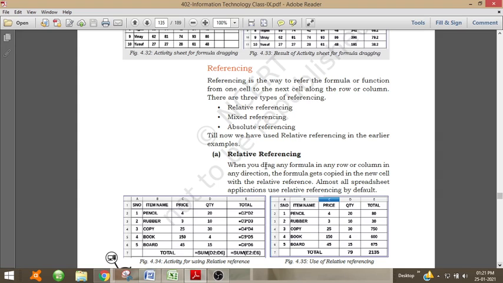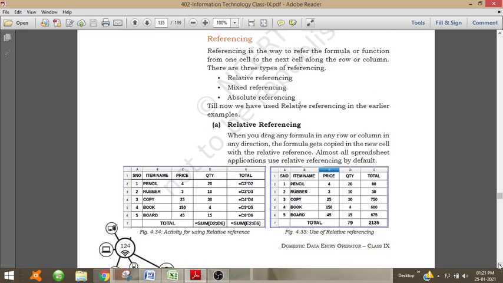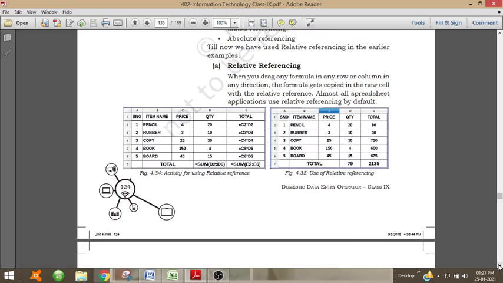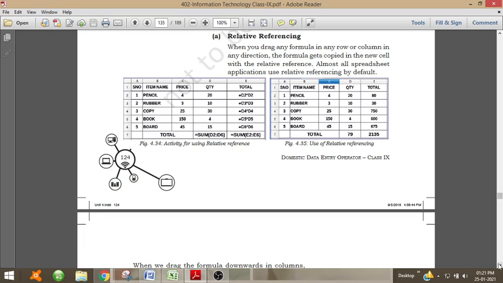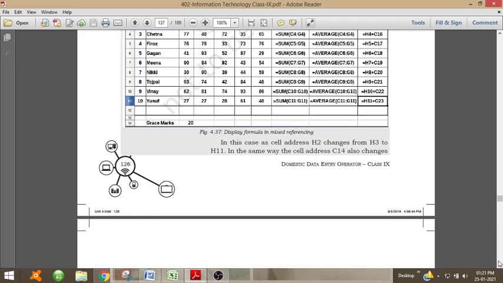First let us see what is relative referencing. When you drag any formula in any row or column in any direction, the formula gets copied in the new cell with relative reference. Almost all spreadsheet applications use relative referencing by default. For computing sum and average, we have used relative referencing.